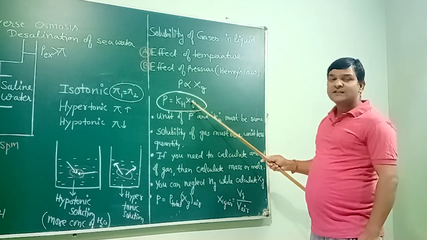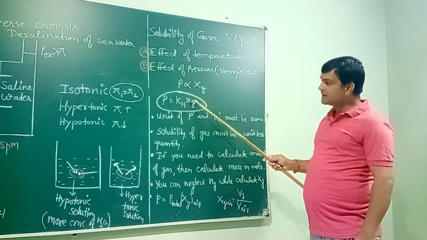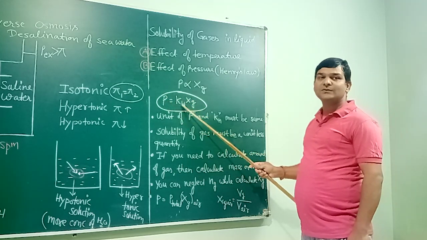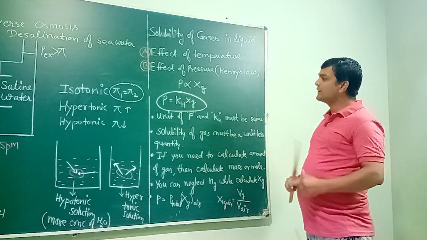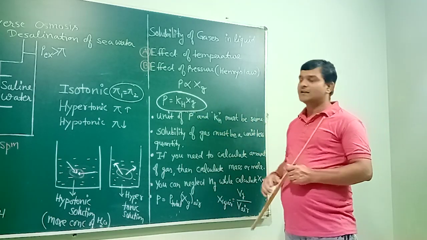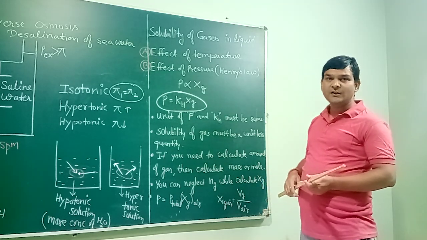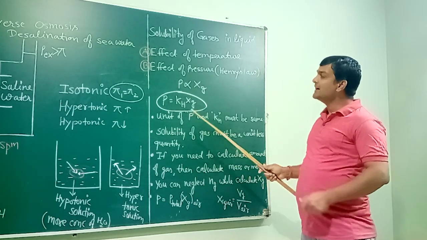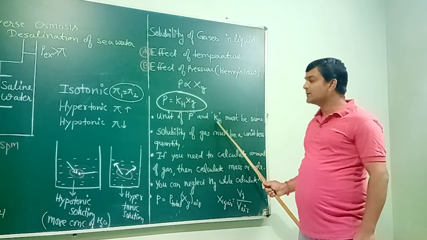First, Xg is the mole fraction, and you know mole fraction is a unitless quantity. Because it is a unitless quantity, the unit of partial pressure and Henry's law constant must be the same. So this is the first checkpoint here: the unit of pressure and Kh must be the same. The units of pressure may be atmosphere, bar, Pascal, mm of Hg or torr. So you need to remember the relation between atmosphere, bar, Pascal, torr and mm of Hg, and you need to equalize the unit of both the partial pressure as well as Henry's law constant.